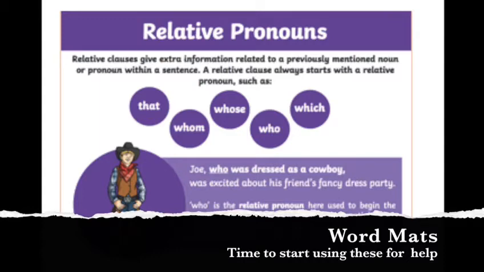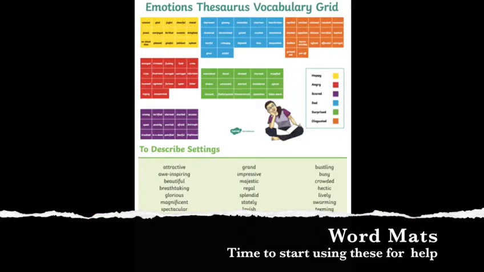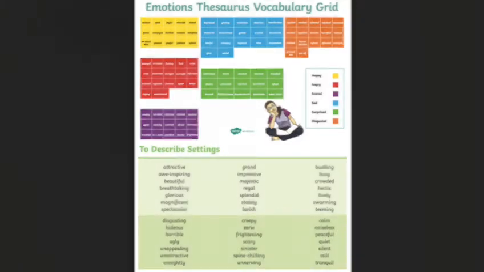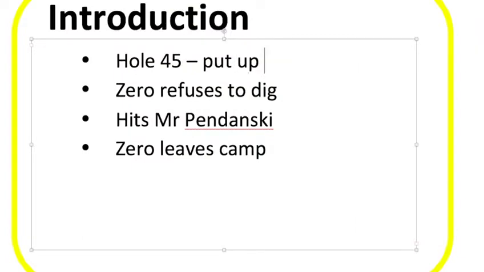So the first is figurative language or powerful adjectives. I am actually going to try and be clever here and use some personification when talking about the hole. Again, I'm just planning, so I'm not going to write the full sentence. So I've put the idea, put up a good fight. When I'm writing my story tomorrow, in some way I'm going to talk about how the hole put up a good fight. I'm going to personify the hole and make a really big deal out of how monumental this point is for Stanley, the character.